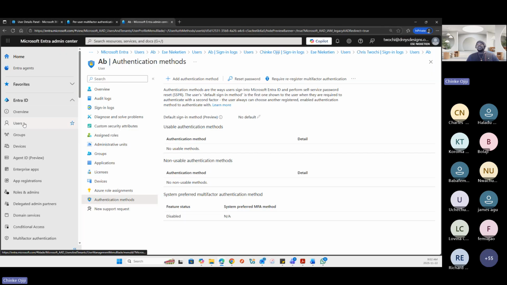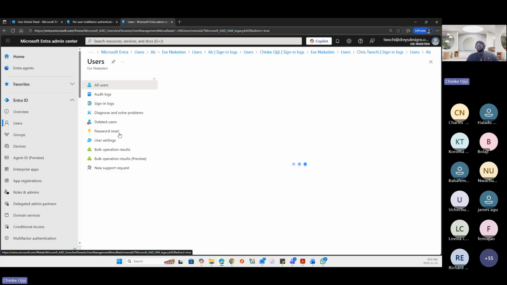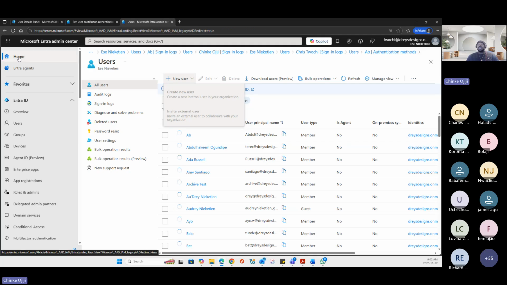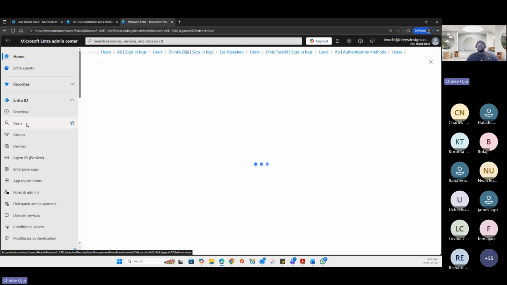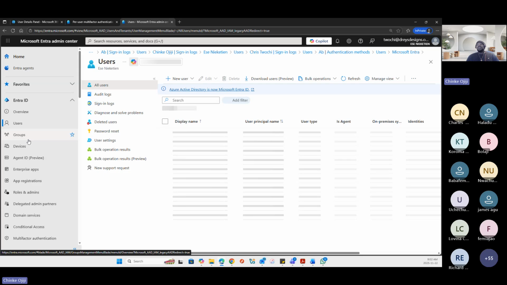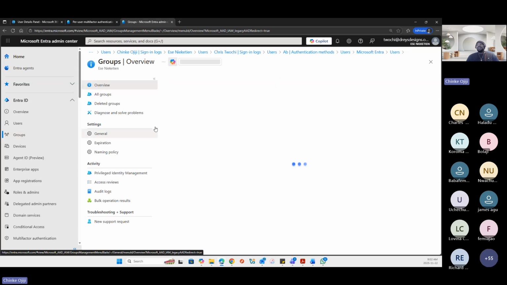Now, creating a user in the Entra is basically the same thing. You can create a user from here. When you're logged in to the Entra, you come to users, you can create a new user from here, and you can create a group as well from in here.